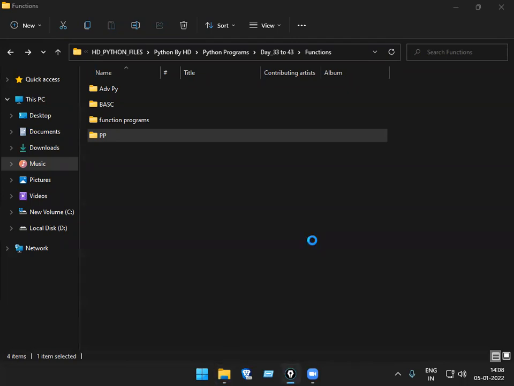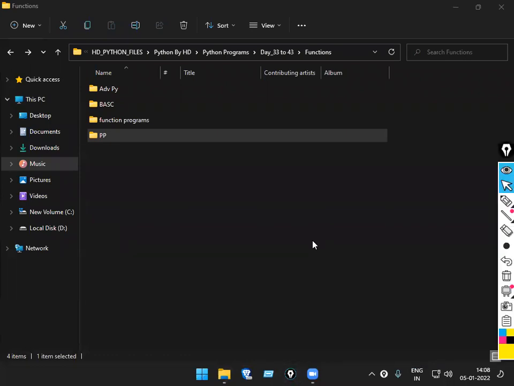Functions. Okay. Before starting functions, you have seen where practically we are using them. Function is denoted by what keyword? Def. So def is the keyword in Python.